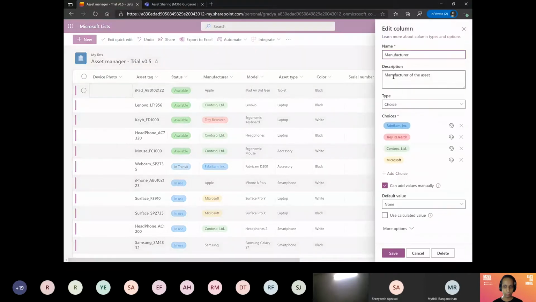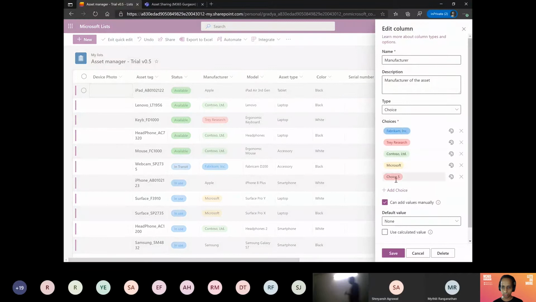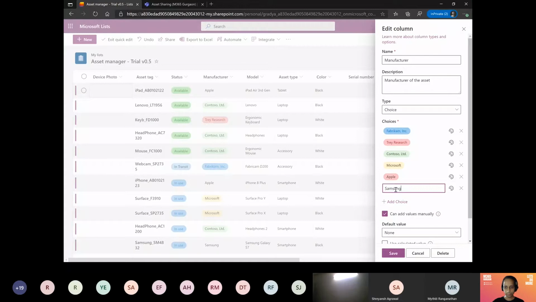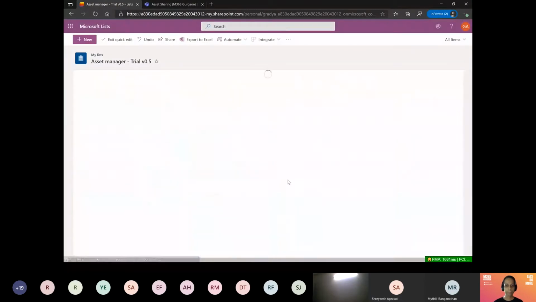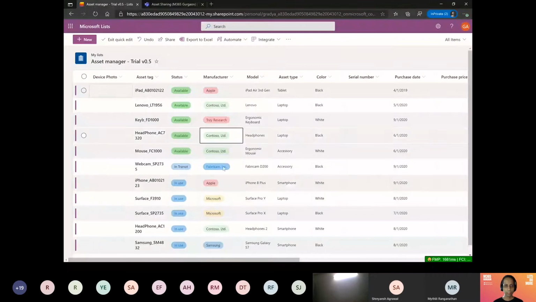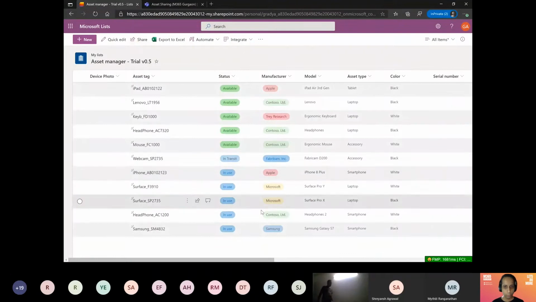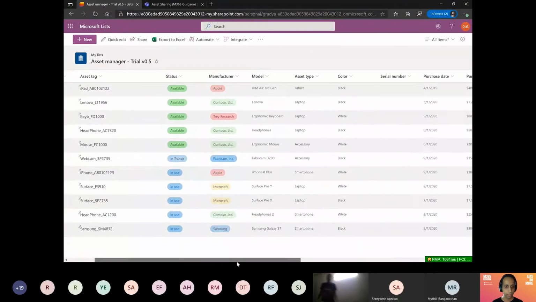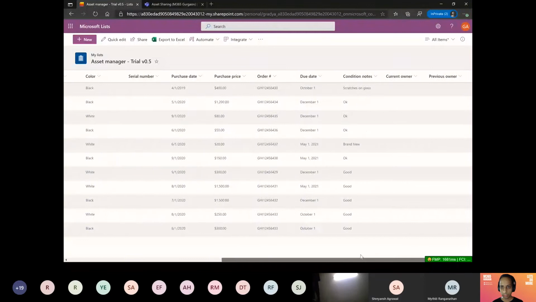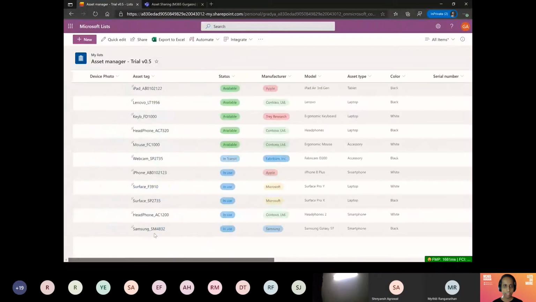Again, I'll do the same with some of the manufacturers which are not originally part of the schema. Great. So now let me exit out of the quick edit mode and see that all the list is easily carried forward from Excel to here.